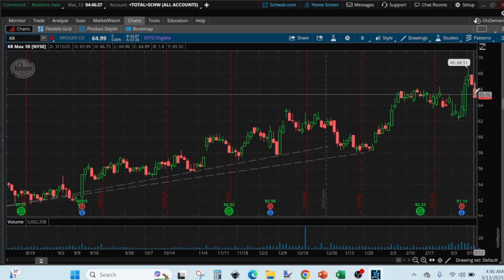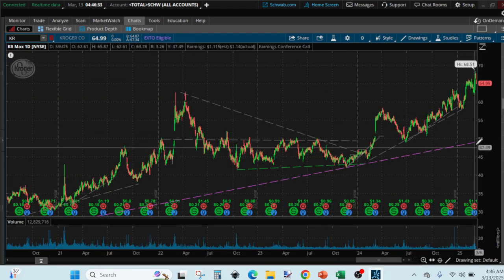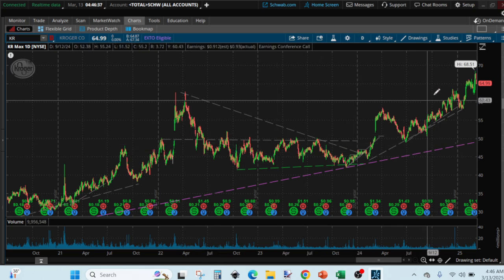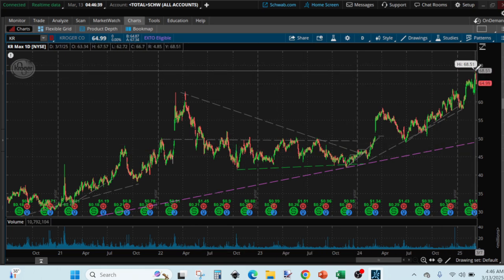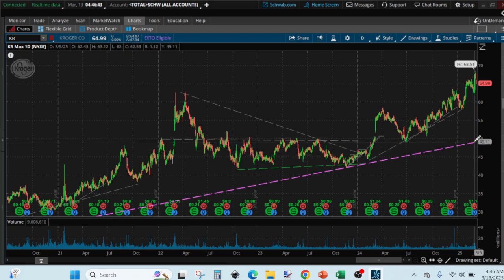So yesterday the price went down, but it's still far from where we like to buy, and these stocks tend to make a tall mountain. And this is taller, so at some point it might pull back to here, and that's where we like to buy. So when you are analyzing your chart to buy,